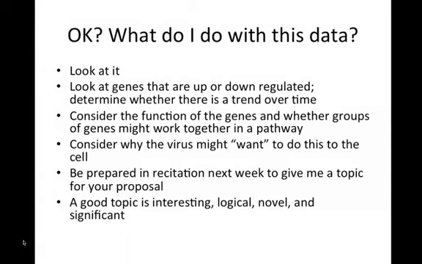So, what do you do with this data? Look at it, right? Look at genes that are up or downregulated. Determine if there's a trend over time. If there's no significant trend at all, is it interesting to you? Maybe there was a mistake somewhere, I don't know. But let's say it's something that's up at 2 hours and 5 hours and goes away at 24 hours. Think about the virus. What might the virus be doing? This might require you to think a little bit about a virus. Not too much. You don't need to know virology to do this. You might just need to think, okay, at 2 hours it just infected the cell. At 24 hours, something else is happening in the life cycle.